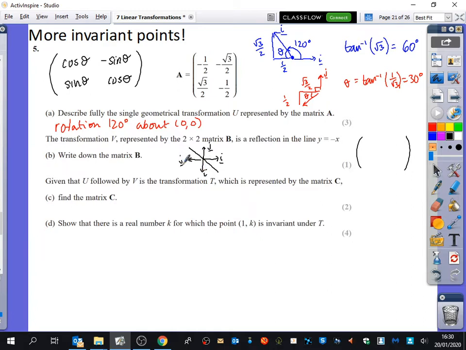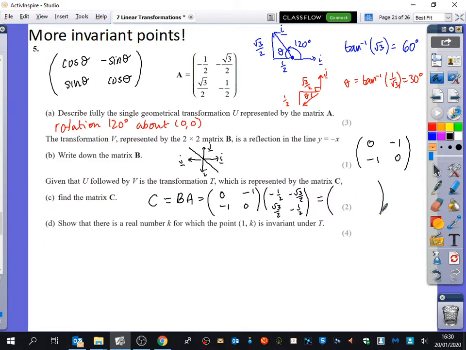Okay, so now we can actually come up with the matrix. What's it going to be for this bit? Okay, so we've got that bit here. Now, U followed by V is transformation T, which is represented by C. So C is going to be equal to, which one is going to be in the multiplication first? V, which is the matrix B. It's kind of annoying how they say all of these things. Transformation V. So C is going to be equal to BA, which is 0 minus 1 minus 1, 0, times a half minus root 3 over 2, root 3 over 2, minus a half,